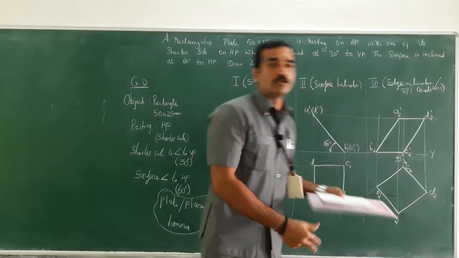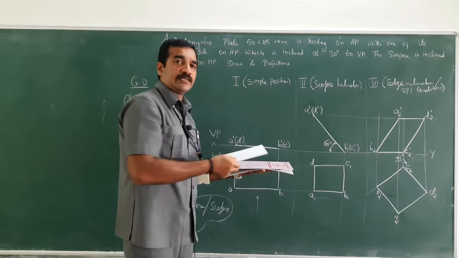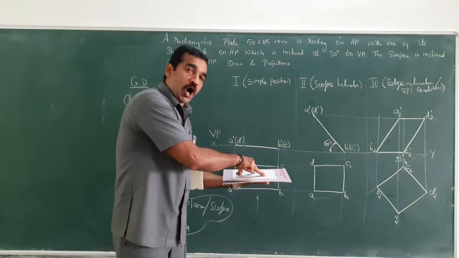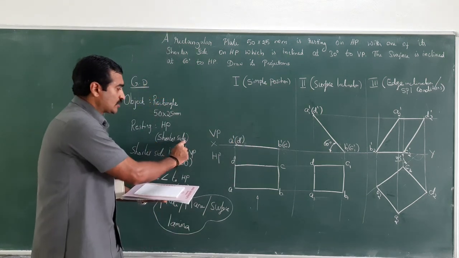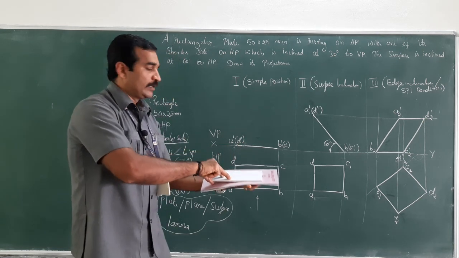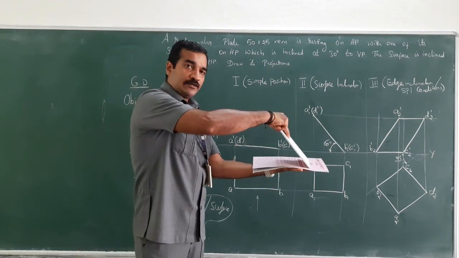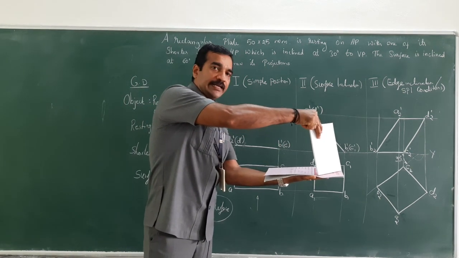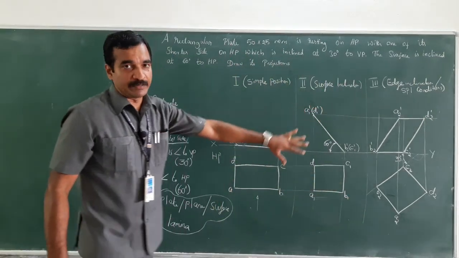So, let me just explain once again. The board is assumed as vertical plane and this is assumed as horizontal plane. Initially, the object is resting on HP with shorter side. That is the condition. It is resting on shorter side. So this condition should be kept on the right hand side. So it is simple resting. Next, at an angle of 60 degree with HP, it is being tilted. Next, the third stage is the edge inclination. It is inclined 30 degree to the VP. So this is how the projections you will obtain, right?